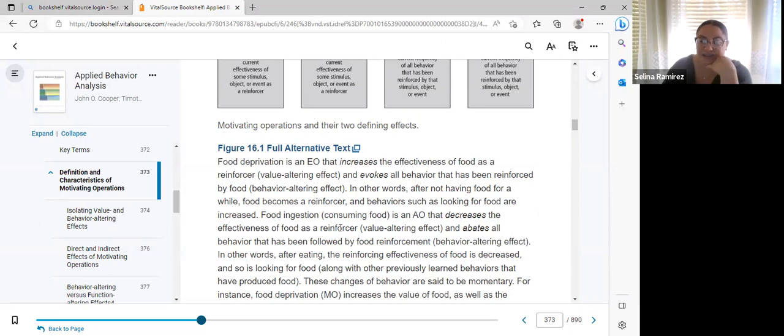Food ingestion, so consuming food, is an AO that decreases the effectiveness of food as a reinforcer. Value altering effect, it abates all behavior that has been followed by food reinforcement, behavior altering. In other words, after eating, the reinforcing effectiveness of food is decreased and so is looking for food, along with other previously learned behaviors that have produced food. Okay, so in